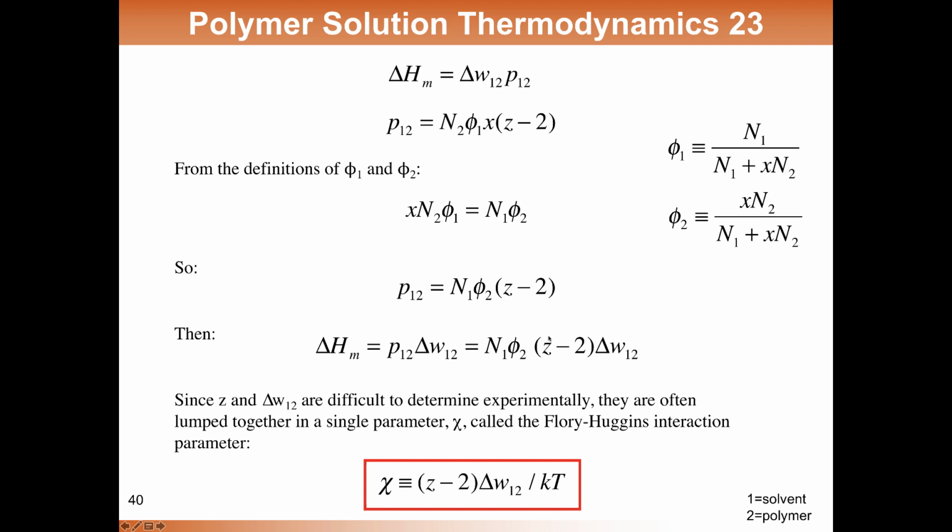Now, Z is basically the number of coordination positions, or accessible lattice positions, around any given segment that might have another polymer segment or a solvent sitting in it. This and the interchange energy are closely related, and it's essentially impossible experimentally to calculate them independently. And so Flory lumped these two parameters together in a parameter that he called chi. And so basically chi is just this last piece of the delta H of mixing,